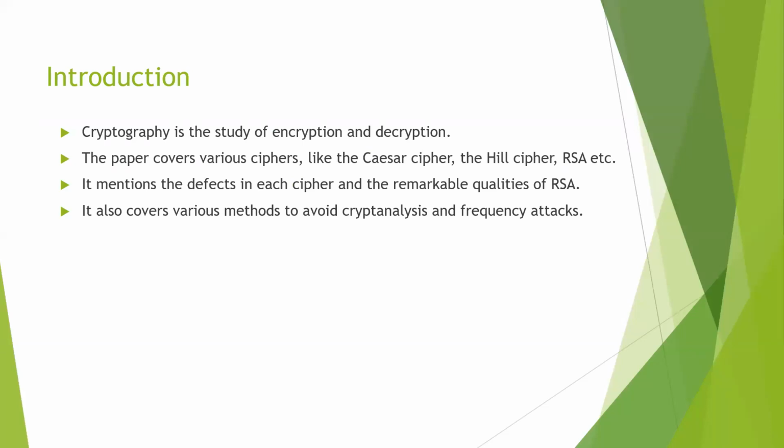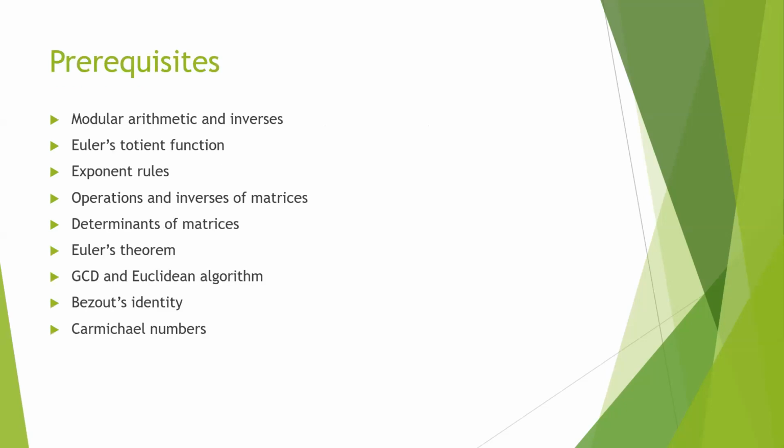It also covers various methods to avoid cryptanalysis, that is, a cryptanalyst just breaking into your cipher, and frequency attacks, using the frequencies of the letters in the English alphabet to block your cipher. Some prerequisites: modular arithmetic and inverses, Euler's totient function, exponent rules, operations and inverses of matrices, determinants